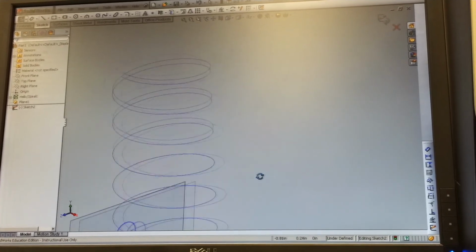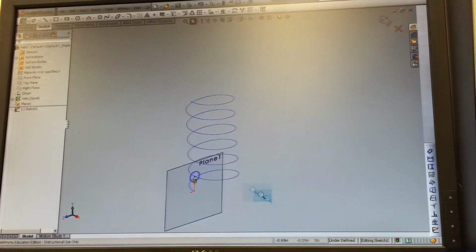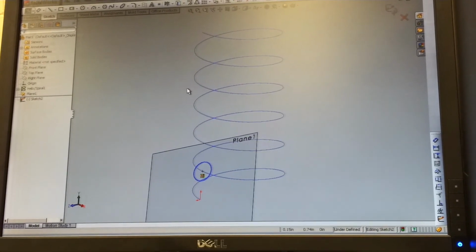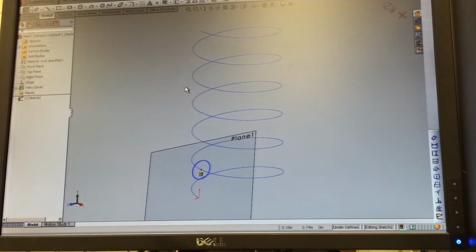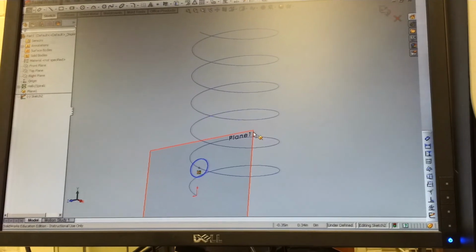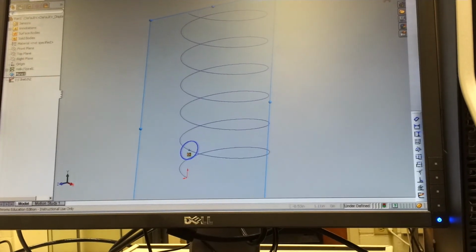But we can see an issue here. What is the issue that we can see? It's above the end point? Yes. It is not actually at the end point of the helix. And there is a reason for that, and that is because if you were to take that plane and extend it through